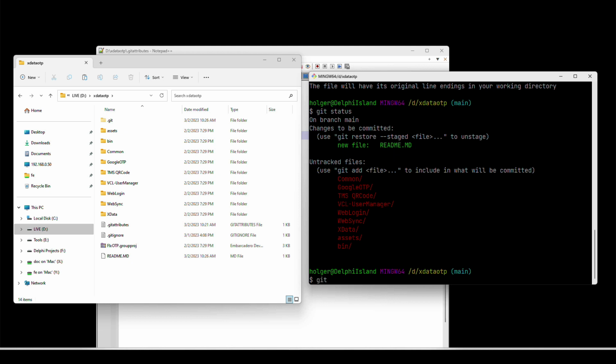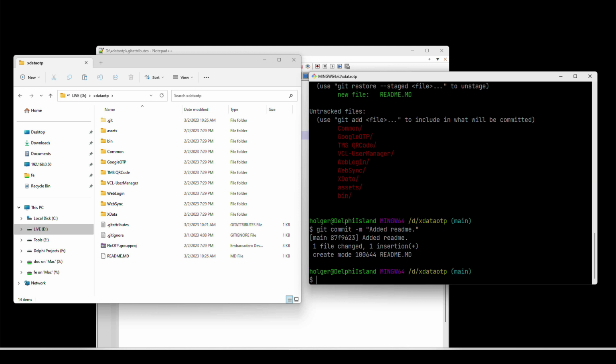So we say git commit added readme. Boom, that's it. So now we have a second commit, and here you see the ID, the identifier of this commit. Great, isn't it?